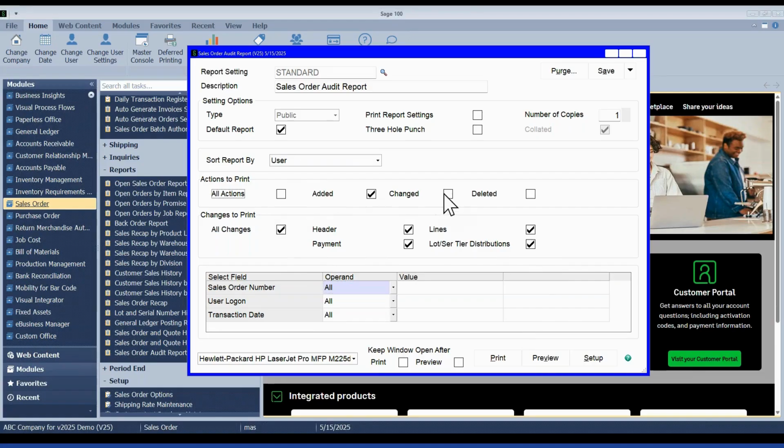So we can isolate just want to see these. So maybe I just want to see those lines. Can isolate still a certain number if you want, or you can look at it more from a broad perspective. If you need to see all changes that a particular user made on a certain day or date range, you can isolate by that. And I go ahead and just use that order we just typed in.